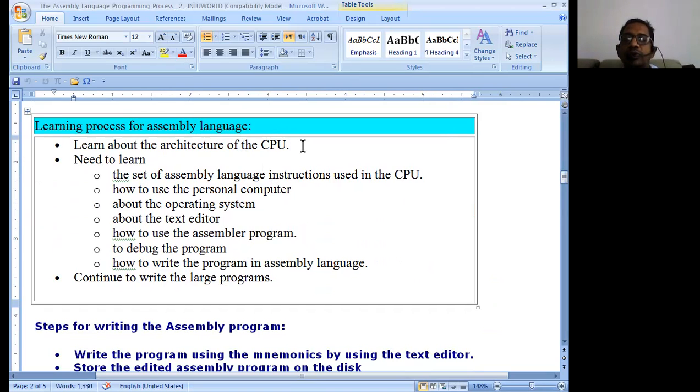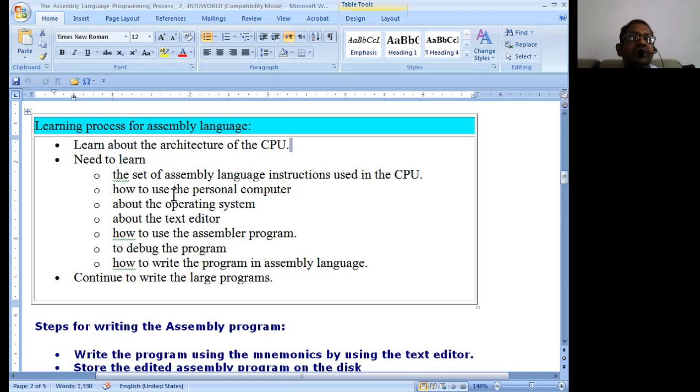The programming model usually contains the various registers which will be used in the instructions. Whatever registers we normally use most of the time in the instructions, those registers have to be specified explicitly in the programming model. That is what is called the programming model of the CPU.